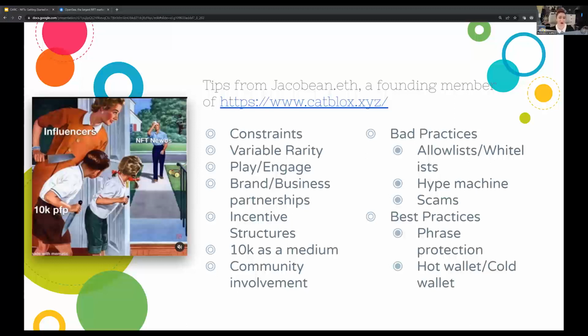And this goes for, in a practical sense, most anything, but it is important to remember. A lot of people see this as a get rich quick kind of thing. And so it's important that you know the people that you're getting involved with. And some things are more malicious, and Jacobin ETH really wanted me to point this out, for example, that people will hack into a Discord channel and ask people there to urgently help mint something. He's seen this many, many times, and people get taken advantage of. They may make themselves look like they're admins or claim that they need help with something like gas fees so that they can make the drop happen right away.